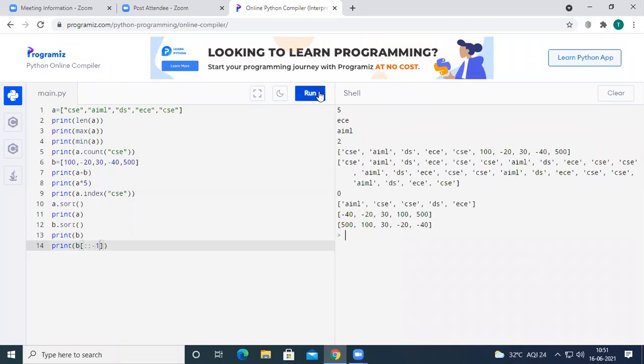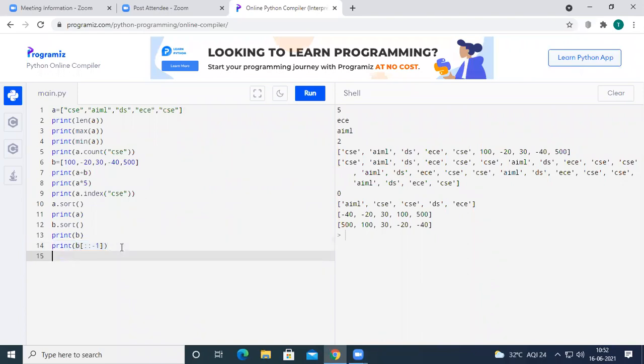If you run the code, see, it is the ascending order and it is the descending order. So the elements may be in any order. If you want to sort them in ascending order, just call the sort method. If you want them to be in descending order, after calling the sort method, just use this syntax in order to get the descending order of the given elements. Okay, now I think it is clear.